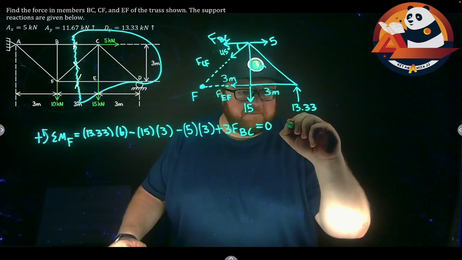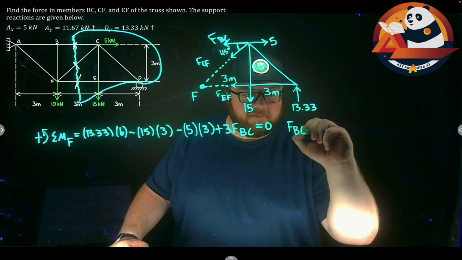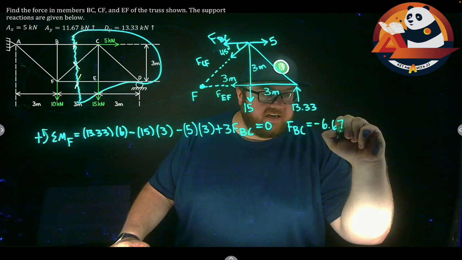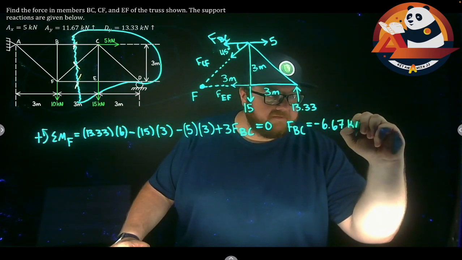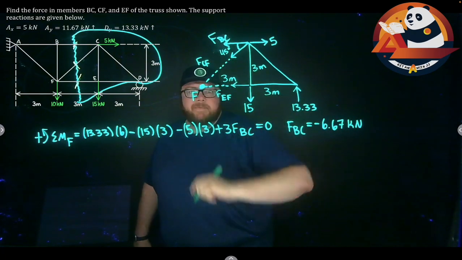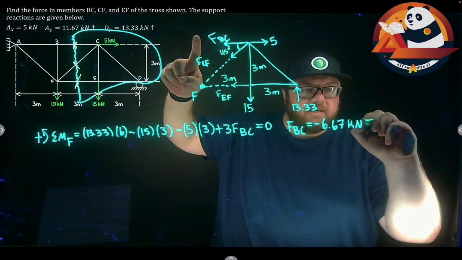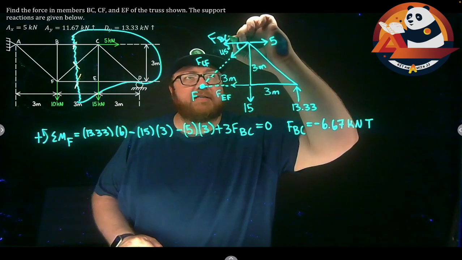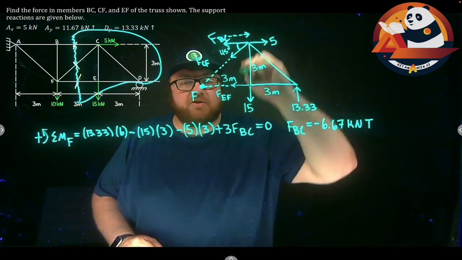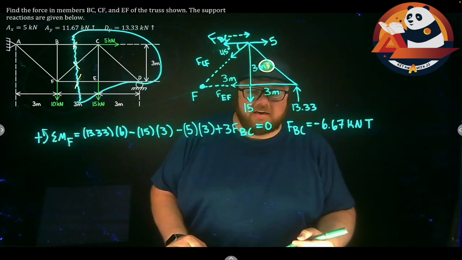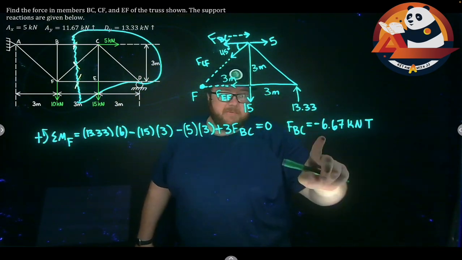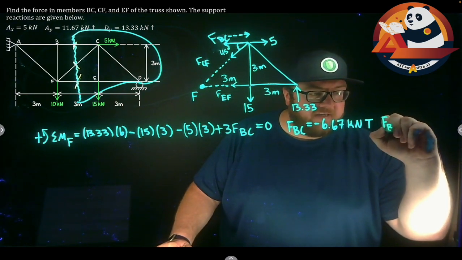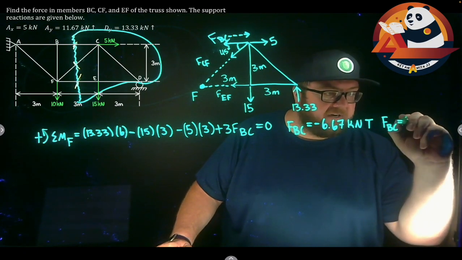If I solve for FBC, I get that the force in member BC is negative 6.67 kilonewtons. And that's negative in my setup when I assumed it was in tension. That negative, though, is telling us we're really in compression. So I'm going to put in a dashed arrow showing I now know it's really going this direction for FBC. It's in compression. And for trusses, we always want to report our answers as a positive. FBC is a positive number, 6.67